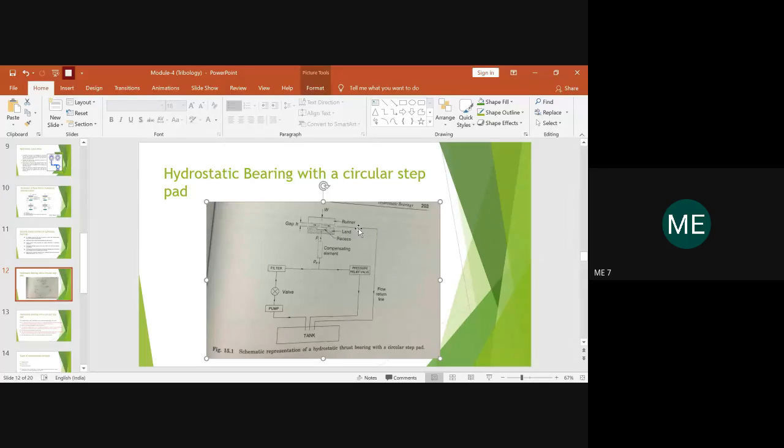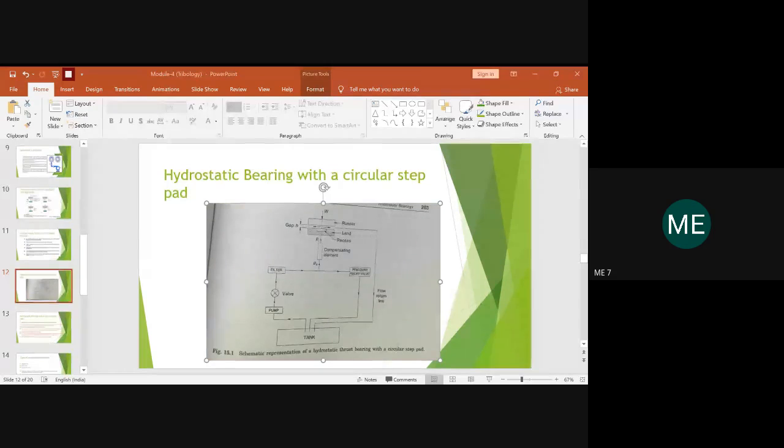This leakage of oil, which comes in rare cases, will be made to pass through the return line. You'll be having a return line to return the oil which is squeezed out due to leakage. That oil should not be wasted anywhere, and hence you have a return line which helps in transferring the oil back to the tank. So this is how a hydrostatic bearing works. Hope this is clear. Any doubts associated with this?